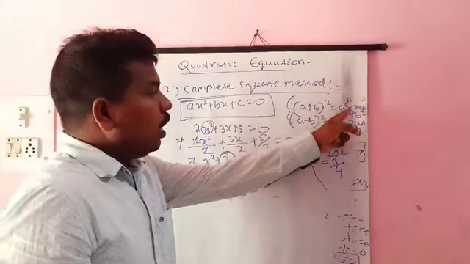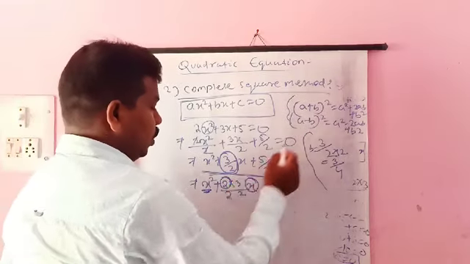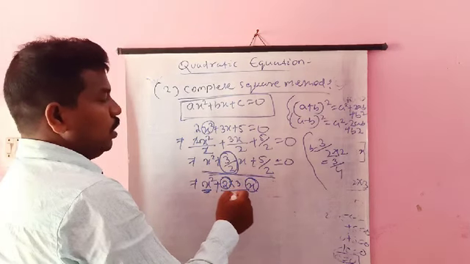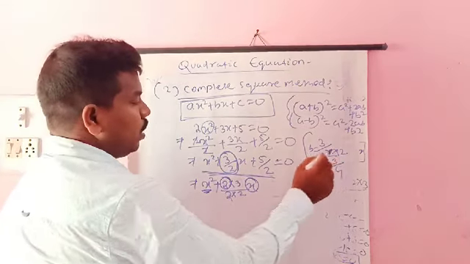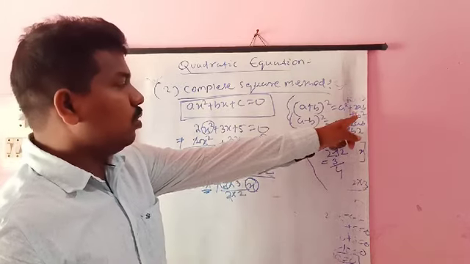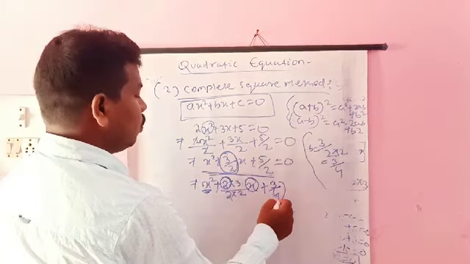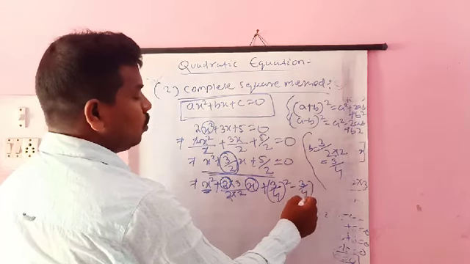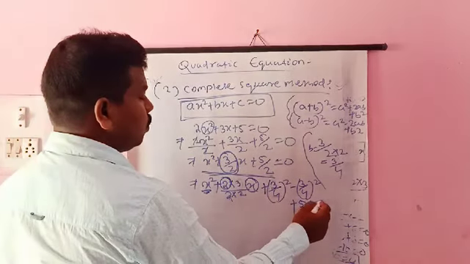In the formula a square plus 2ab, a square is x square, 2 is here, and a equal to x. The remaining value in the numerator is 3, and in the denominator it is 2 into 2, that is 3 by 4. So 2ab means b equal to 3 by 4. The next term is b square. With b equal to 3 by 4, we have to add 3 by 4 square. If we add 3 by 4 square, then we also subtract 3 by 4 square. The next remaining term is 5 by 2, equal to 0.